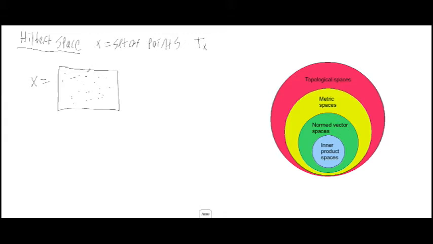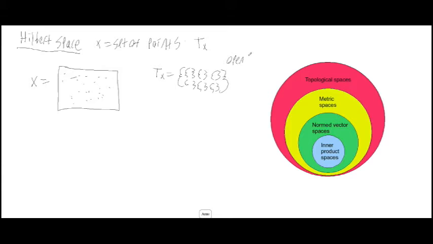And if we want a topology, then we have to say that the topology is something like, if we have our set here, then the topology are a bunch of